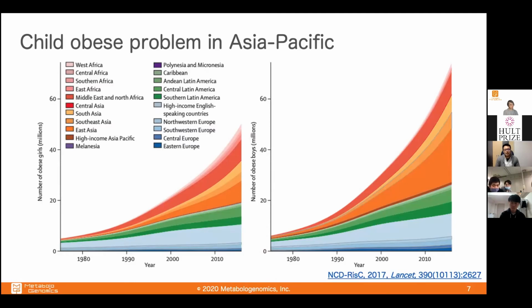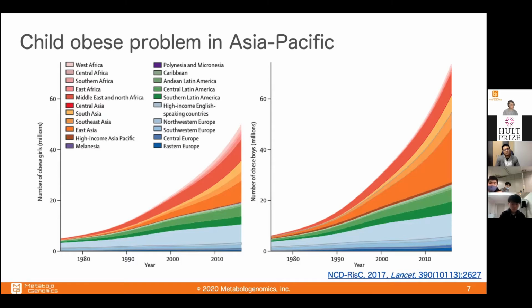And you can see that compared to the increase in America and Europe, which are shown in green and blue color respectively, there is a much faster increase in the number of obese children observed in the Asia and Africa regions, which are shown in red and orange color. Actually, there is a logarithmic increase of obese children occurring in the Asian region.